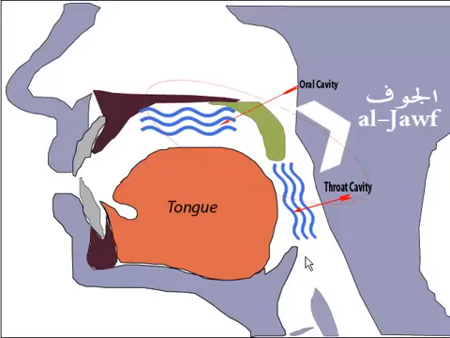that end where the air ends. It is not where the nose, or it is not at the throat. It is that space where the air is. It is there where reside the letters of mad, but it is not in the nose. So the nasal cavity, for example, is for the ghunna. So if you say, for example, qa, instead of qala, how do I get rid of that? I just try to practice and close my nostrils and my nose like this, putting my fingers there and say